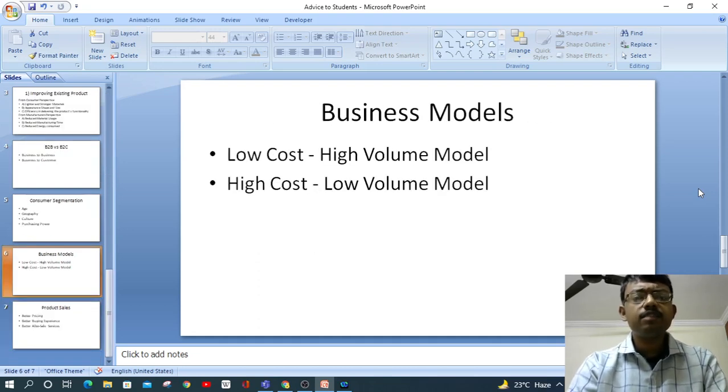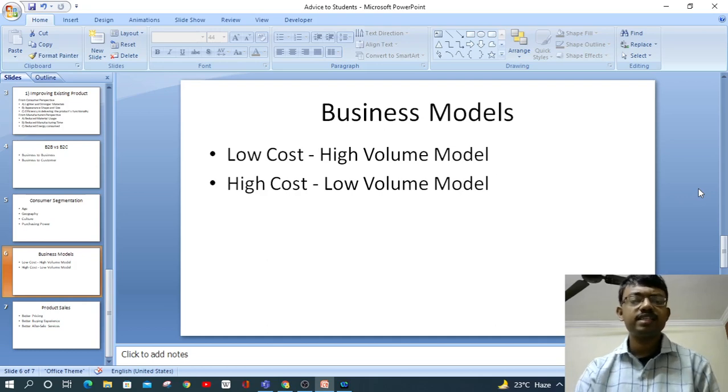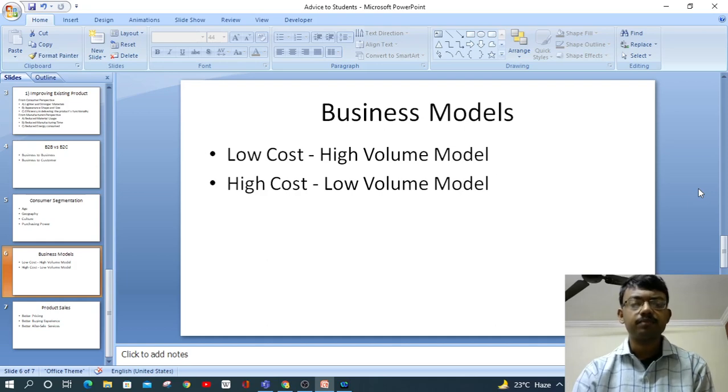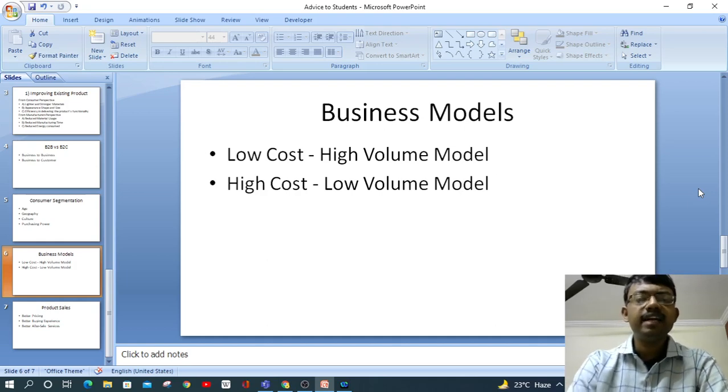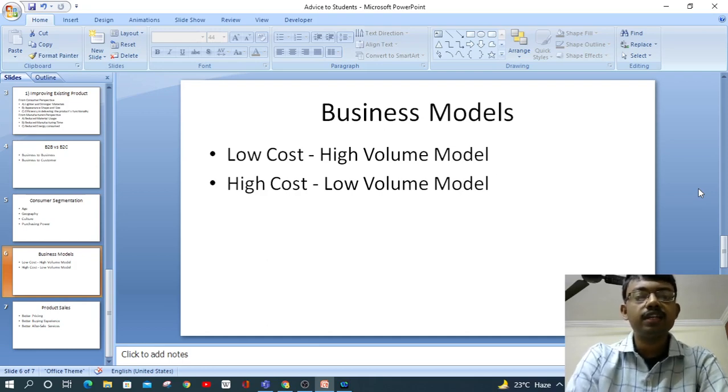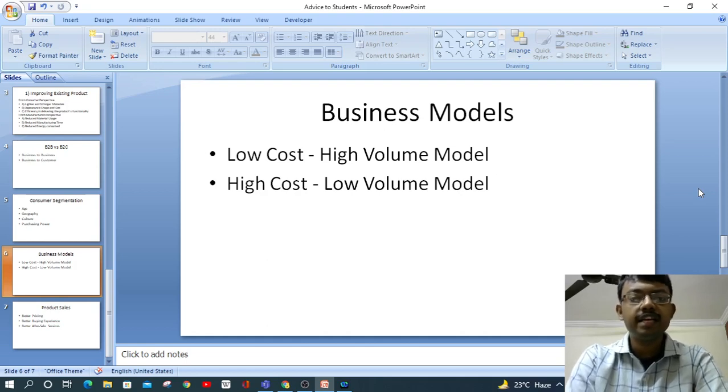And coming to the business models, there are two business models, like I said: low cost high volume, and high cost low volume. For example, McDonald's is one of the low cost high volume models, because they don't sell highly premium things, but they made something as a user experience where people can dine out and spend their free time with their mates.